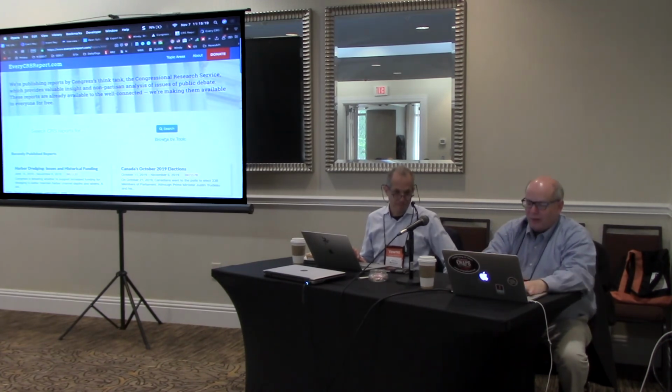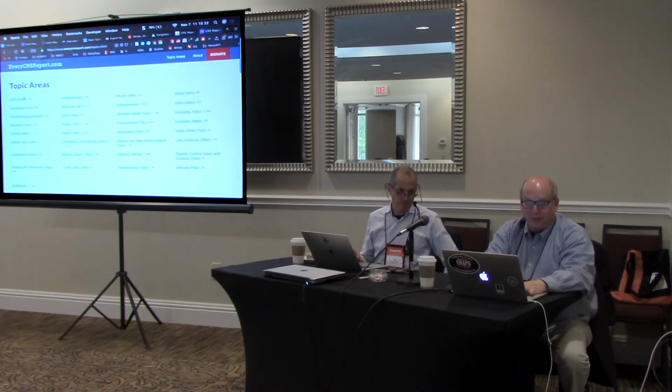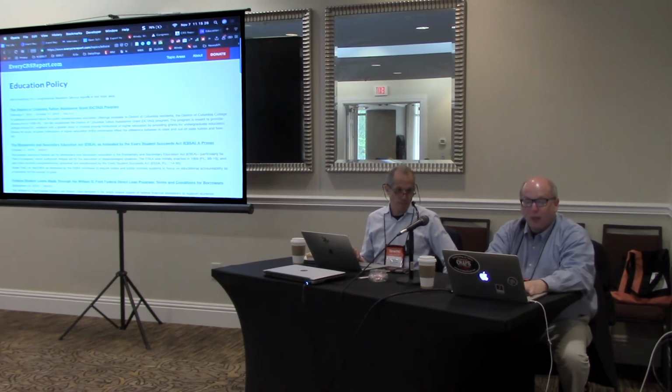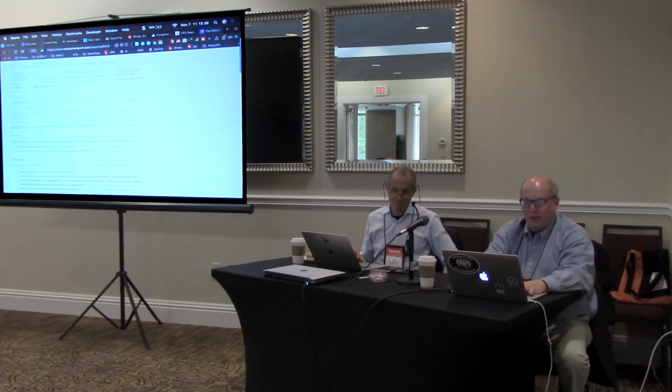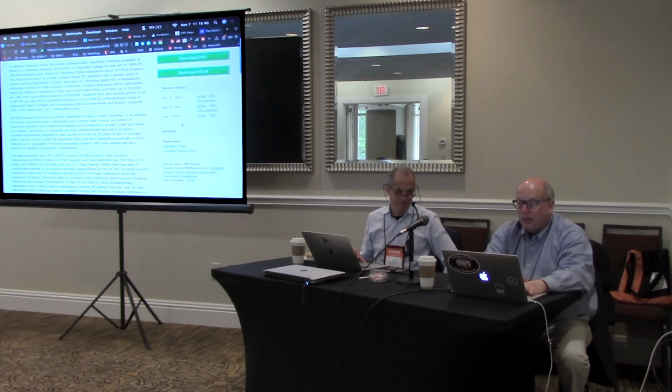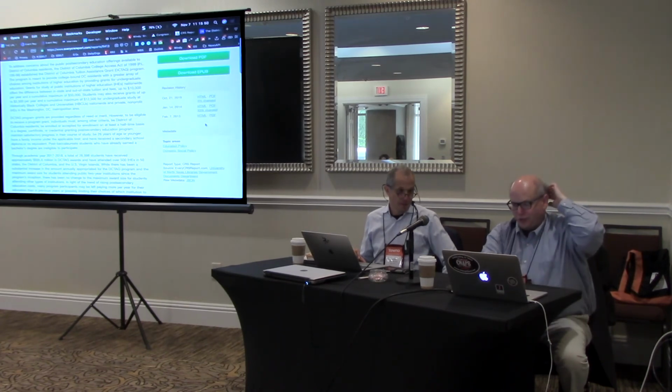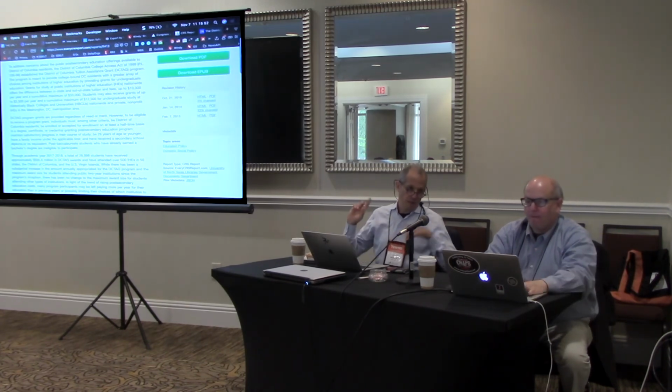The other nice thing about this site is that you can browse by topic. So let me give you an idea here. Education policy, for example. Here's one that was updated last October. What's nice about this is, one, you can get it in multiple formats. You can get it as an EPUB, as a PDF, or as just an HTML web page. You can then see their archive versions, and it will show you how much has changed since the previous version, and then highlight those changes. And the PDF is linked to this, right? Yes.